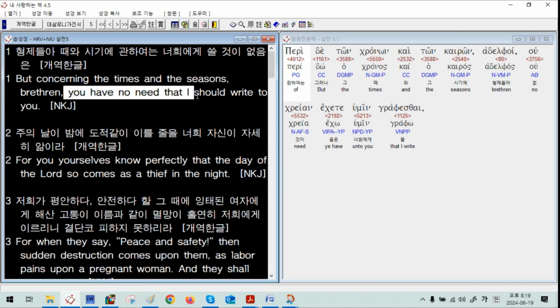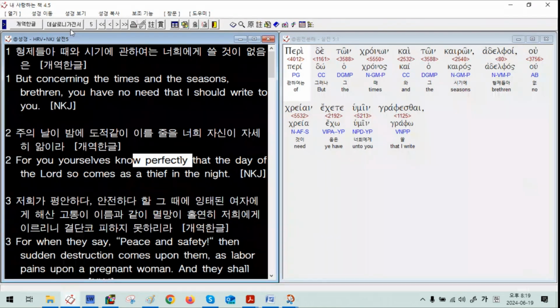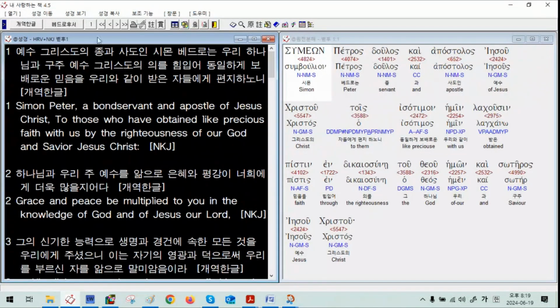Brethren, you have no need that I should write to you. They know perfectly about this processing. They understand the Bible by 7 days process in this way. About this one, when we go to the 2 Peter, it says 1 day, 1,000 years, 1 day. Which means 1 day, 7 days, 7 days, 1 day. But the Apostle Paul say 1 day, 1,000 years, 1 day. Let's quick go there. 2 Peter chapter 3,